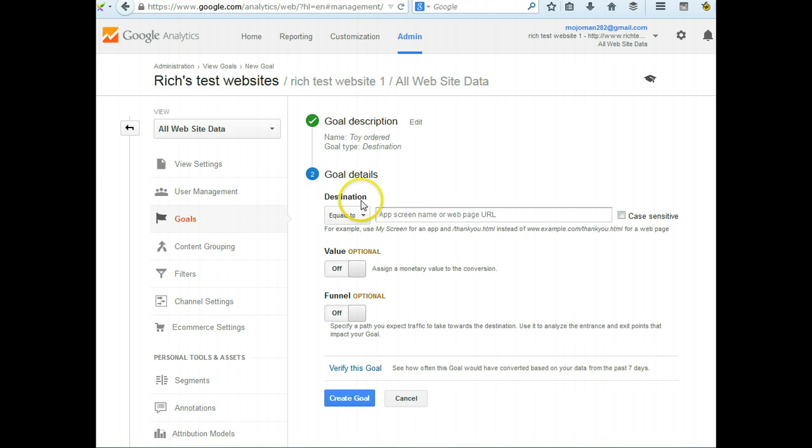Then the next thing it's going to do is ask you for the destination of your goal. So this is the page where people will end up that will signify that this goal has been completed. So for example, as it says here, you need to put the URL in here. And instead of putting the full URL name, you need to just put the / and then the actual page name. So in this example, I've got thank you, but this could be just as simple as something like thanks